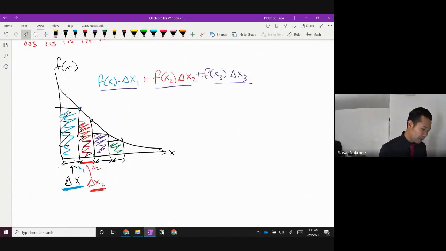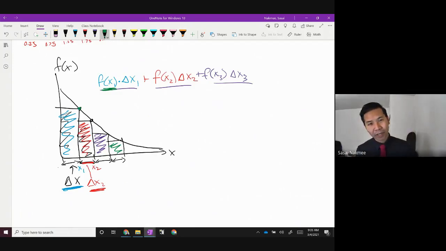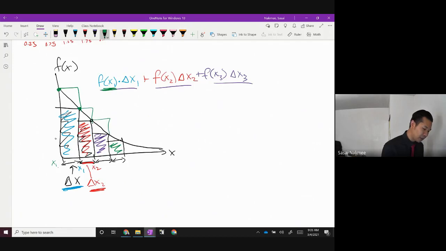And with Riemann sum, he realized that the height of the rectangle is just the function value. If you do R, then it's the right side of it, and if you do L, then it would be the left side of it. So instead of x sub 1 being there, x sub 1 could be over here, and this could be the height, if you want to do the L side instead of R. But either way, it's the same approach, because if you do L, it's still the height of the rectangle, still the function. It's just where you're evaluating that function, and then multiplying it with the delta x.